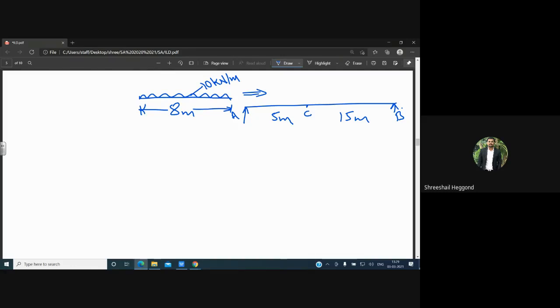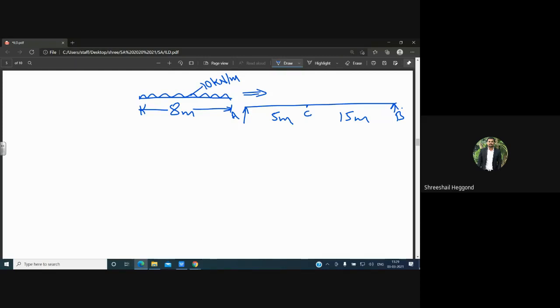As it moves on the bridge, how will the loading conditions change, how will the reactions change, what will be the maximum reaction at supports, and when can we get the maximum reactions? When the train is at B, when the train is at A, how much will be the reaction at A and B? Likewise, you need to calculate the reactions.